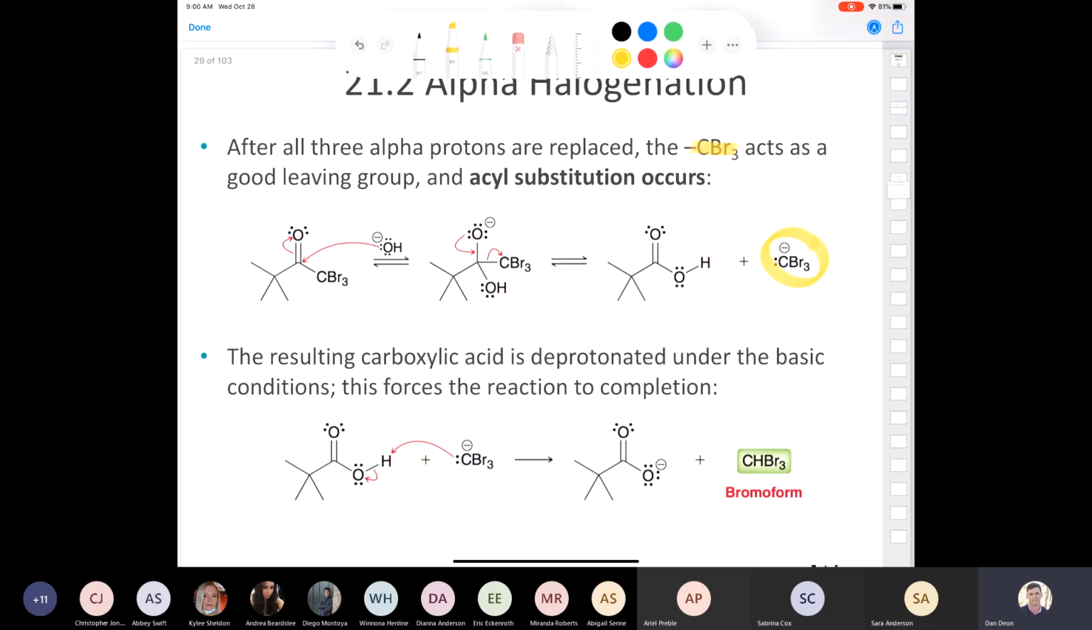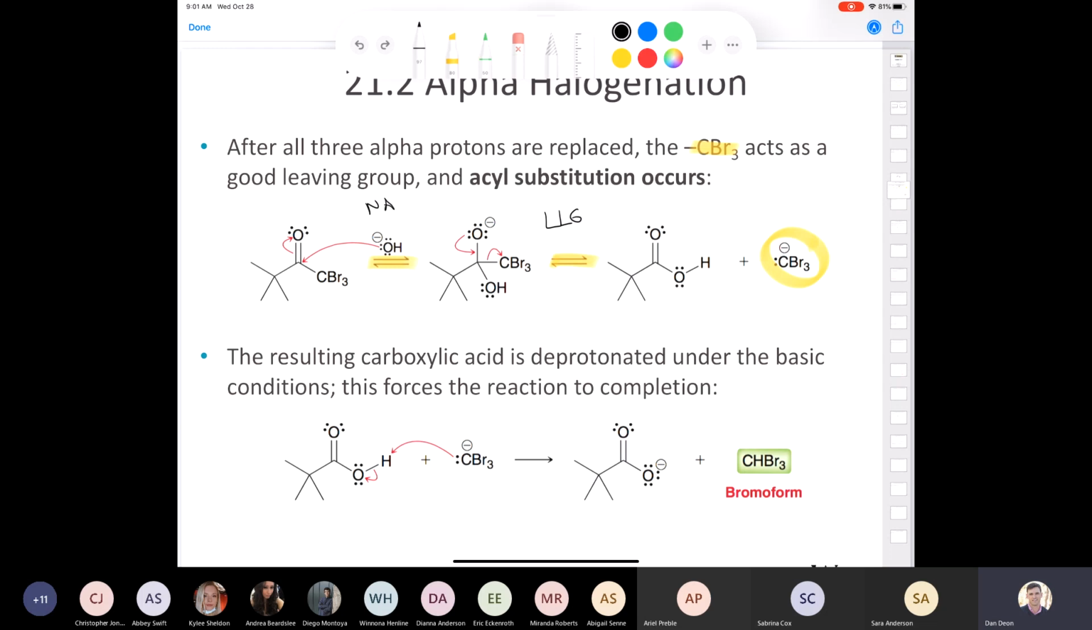If you look at the first two steps of this mechanism, nucleophilic attack followed by loss of leaving group, those are both reversible. But hold on, you form this negatively charged carbon, and that is going to deprotonate the acid to give you this compound, which is called bromoform. And that is, in fact, the driving force of the reaction, that you end up with a resonance stabilized carboxylate. It says it right here. The resulting carboxylic acid is deprotonated under basic conditions,